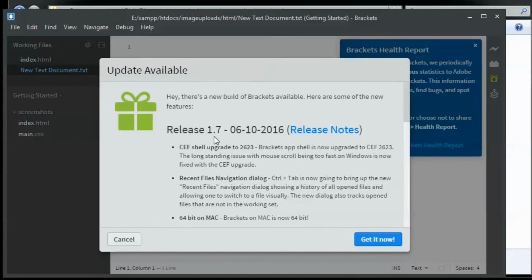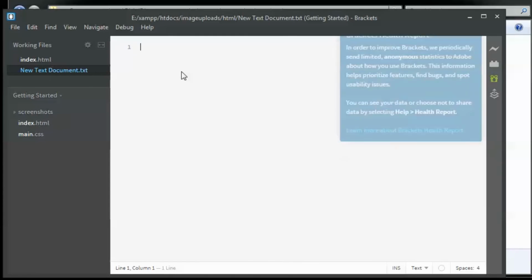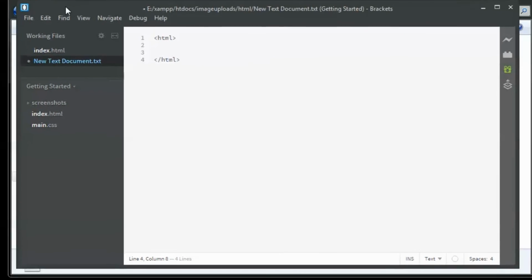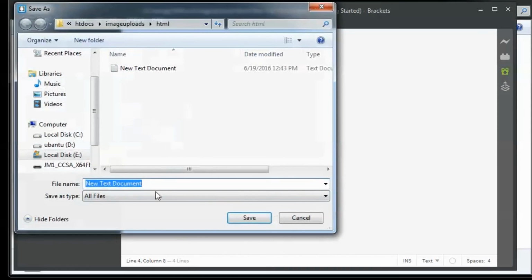I'm going to ignore this message and put in the basic HTML tags. I'm going to save this file as an HTML document, because as of now it is a text document. So let us save it as index.html.